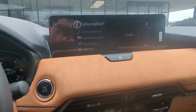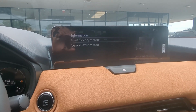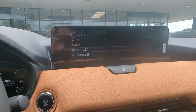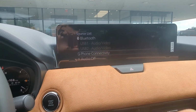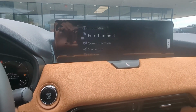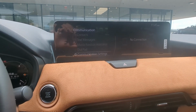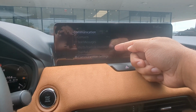So starting off with information. Give us information about our fuel efficiency monitor as well as the vehicle status monitor. Back. We're going to go to entertainment. FM radio, AM radio, Sirius XM radio, Bluetooth, as well as your choices for USB 1 and USB 2, phone connectivity, audio off, communication. That, of course, is going to allow you to connect to your Bluetooth on your phone, as well as some other things as well, such as contacts, text messages, Mazda roadside assistance, a dial pad,